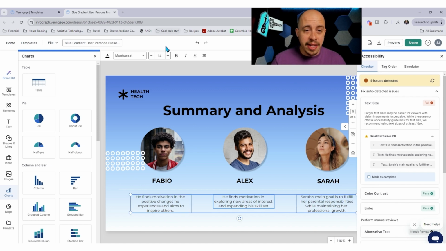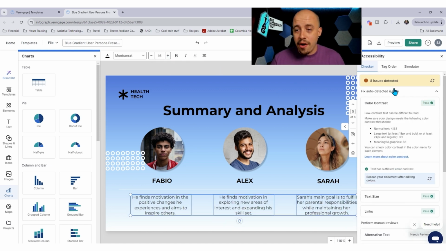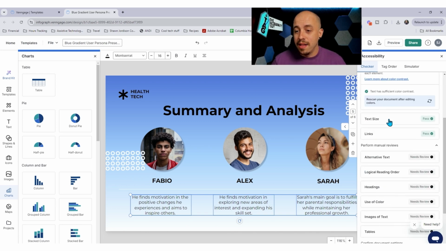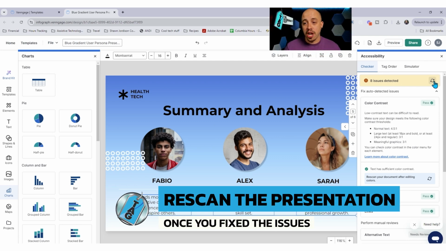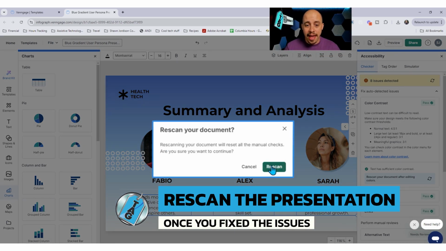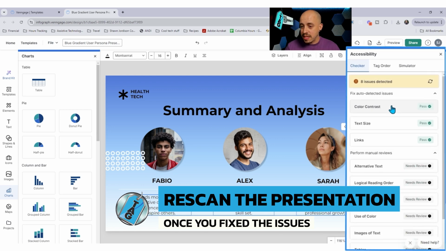Again, we're gonna have to come in here and increase these. Now, if we did not want to increase them, we could simply mark them that we checked them, and that would get rid of the error in the accessibility checker from within Venngage. Let's go ahead and rescan the document, and now it says we have 8 issues, and these are all manual